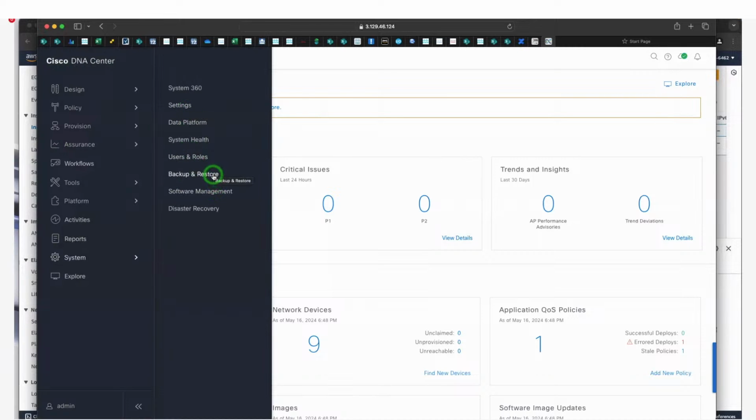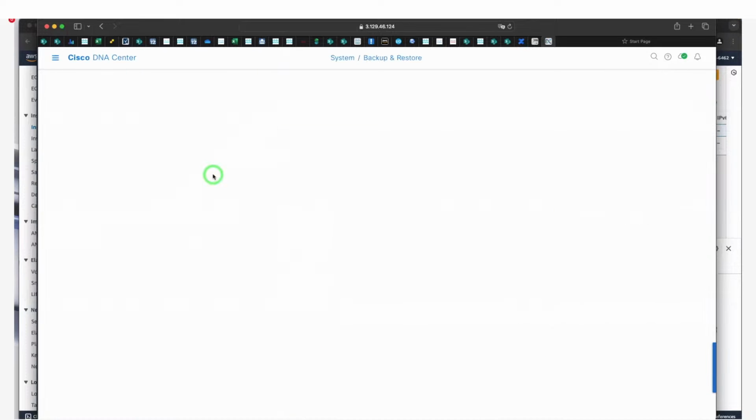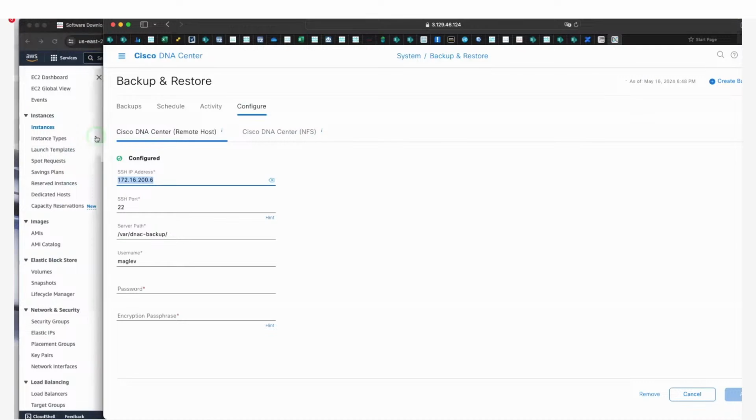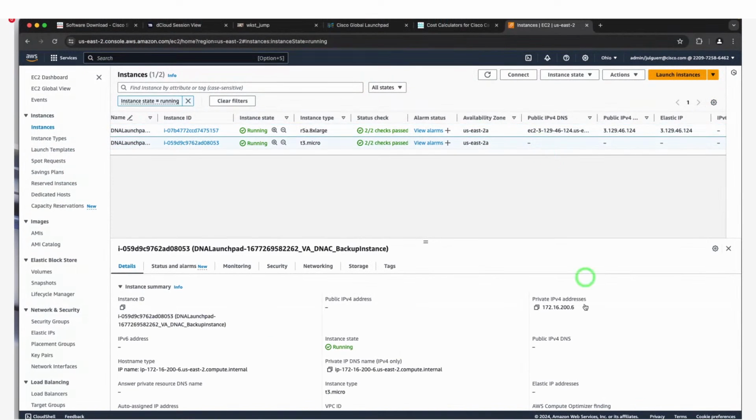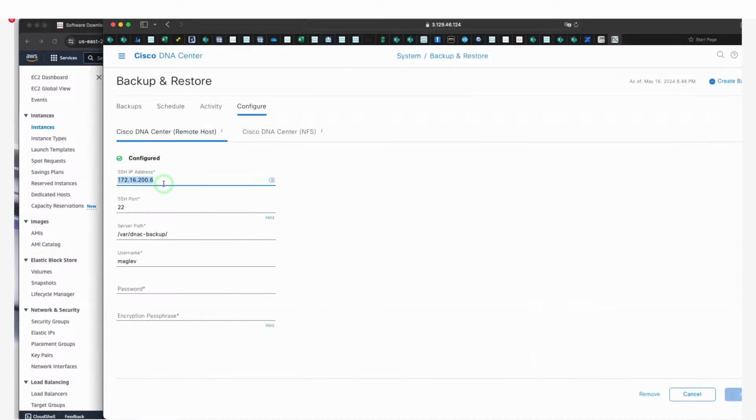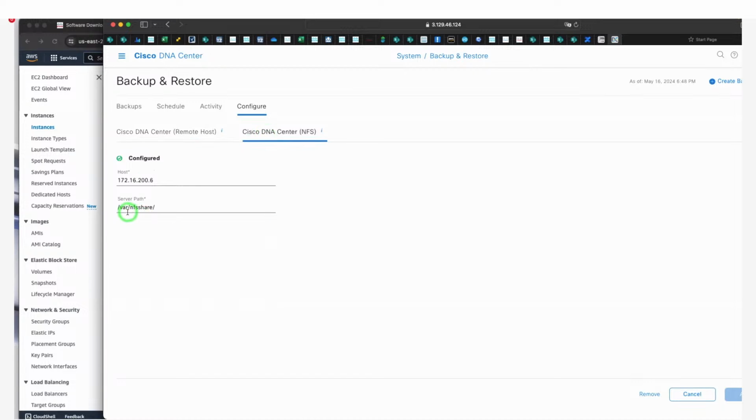But I would like to show you quickly this backup server that we saw, 172.16.206. Just to make sure, this is going to be the 206. You can see it in here. We can add this server this way. You need to get the IP address. The server path is going to be the following: var dnac backup. For NFS, it's going to be var NFS